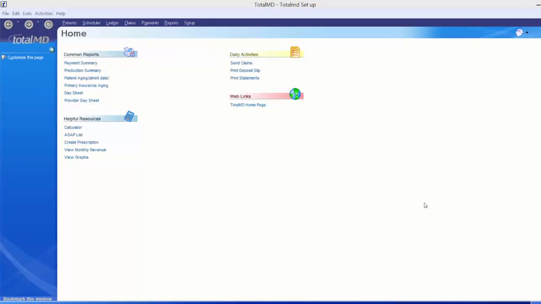When you first open TotalMD after the installation, you will get a setup wizard in the middle of your screen that you can walk through that will do a lot of the same things I'm about to teach you. As we go through setting up the system, I'm going to discuss a little bit of navigation and layout of the program as well. To begin, the name of the screen you're in is always going to be listed here